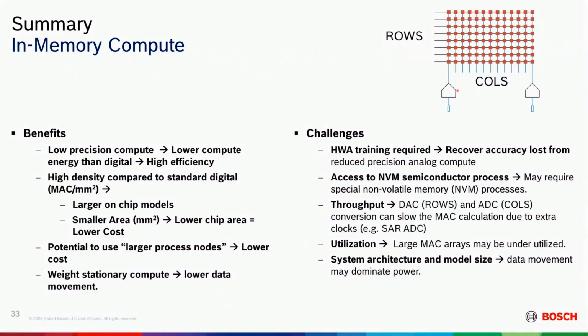Throughput is an interesting one, and people don't talk too much about it, but if you actually have a D to A converter and A to D converters here, if they take multiple clocks to do your computation, that hits your throughput. All right, so some people only put a flash ADC, for instance, on the column, and some people have SAR ADC here. So it's a trade-off on what you're trying to do. If you're trying to do low throughput, super low power, you may want to do SAR ADC. If you're doing something that's higher end, then you may not.